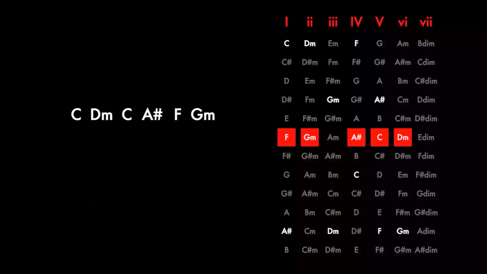So let's figure out the key of another song. Let's take Locked Out of Heaven by Bruno Mars. The chord sequence of the verse is C, D minor, C, A sharp, F, G minor. And our chart tells us that the only key that contains all those chords is F major. To make sure we can easily play it in another key, let's look at what numbers the chords have. C is 5, D minor is 6, C again is 5, A sharp is 4, F is 1, and